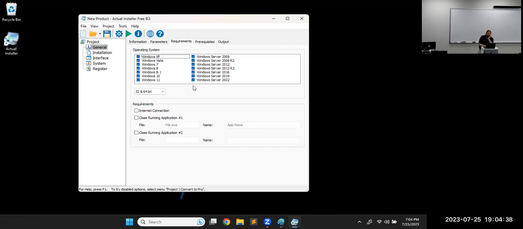Requirements, what version does it run on? Sure, I'll just leave them all checked. Does it require an internet connection? Do we need to close other things while it's running? What would be an example of that? Yeah, I guess if we were doing something on Tomcat, so that if we made a Java application that was